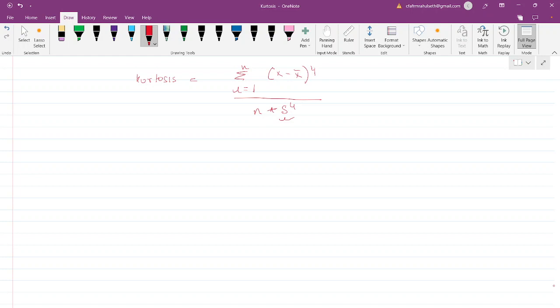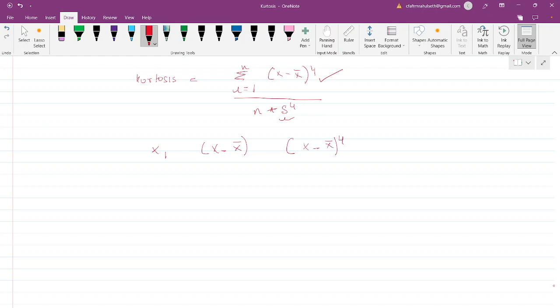S is basically your sample standard deviation. N is the number of observations in a distribution, and you calculate how much an observation deviates from the mean, and you raise the deviation to the power of 4 to calculate your numerator. What you are doing is taking an observation, calculating how much it deviates from the arithmetic mean, and then raising this deviation to the power of